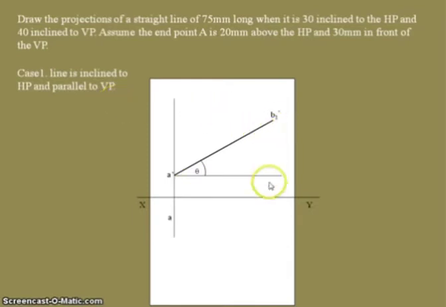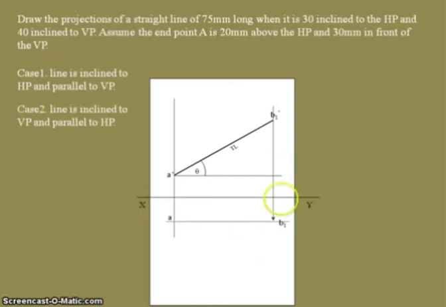So now we have to draw the top view. In this case, how will you get the top view? From B1 dash we need to draw a vertical line, that is a projection line. Then we have to join the A point to this projection line, and we get the top view in the first case. So we got the top view. I am representing the end point as B1. Okay, so in the first case we have completed the front view and top view.